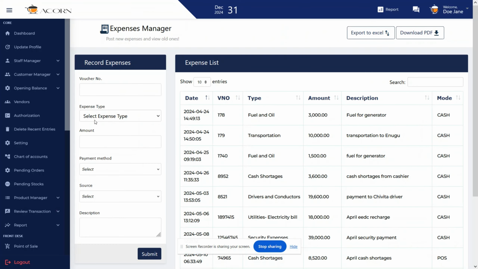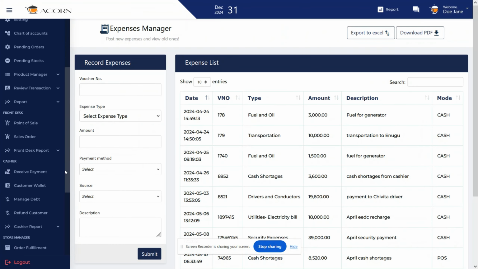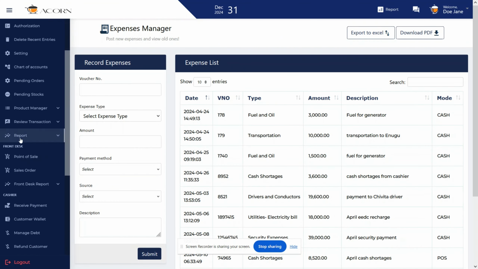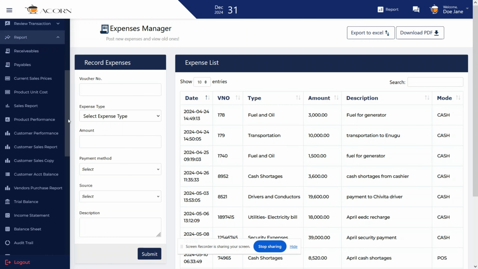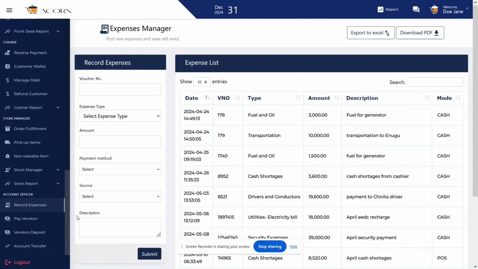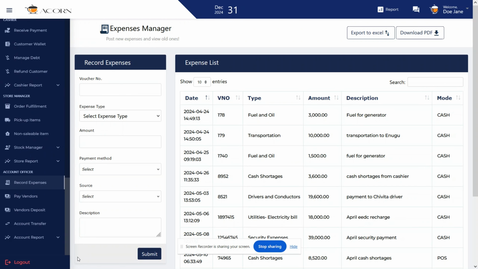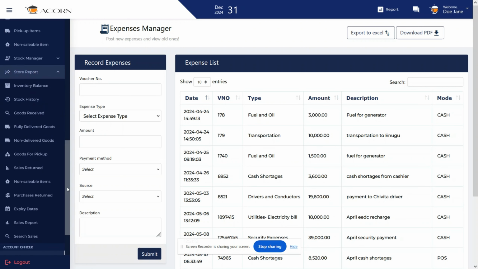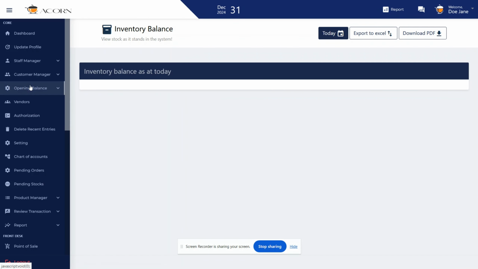So again, like I was saying earlier, we can as well look at the reporting. So if you go up, you're going to see report. Now this report is comprised of a lot of things in the system. We also have sales report, which we can look at under store manager. So we have store report. In this store report, you're going to look at the inventory balance, the stock history. Like if you go to inventory balance,